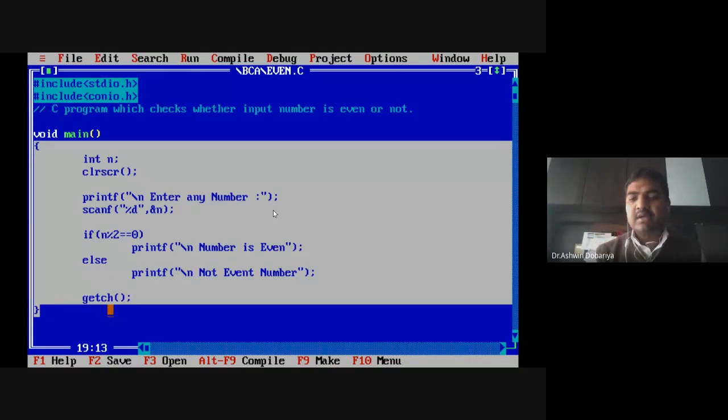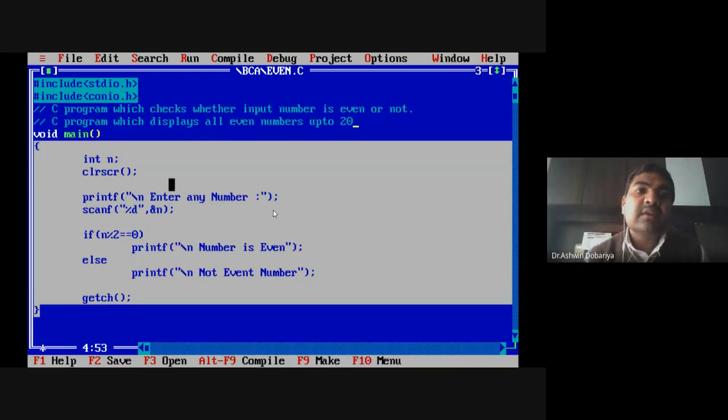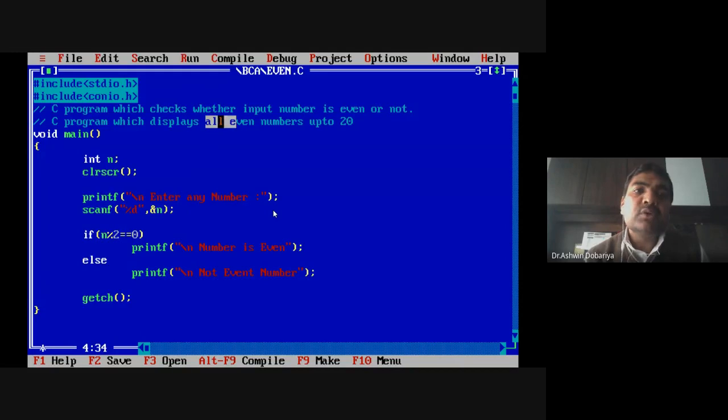Now tell me, if I change the same program like this, so that it displays all even numbers up to 20, for example, or up to the user's choice also. You have to display all even numbers up to 20.